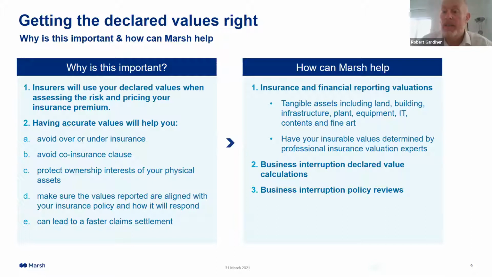And then it's about making sure the declared values are appropriately declared in terms of the program design and how the policy is written. And we've seen plenty of examples where the declared values don't actually reflect the policy terms. A good example is where we've seen BI declared values including a significant proportion of variable cost that didn't need to be declared, and ultimately the client was paying premium on that. Similarly, we've seen clients who have underdeclared BI values because there's been a change in contractual conditions that now required the client to actually insure that cost, and that hasn't been declared in the BI declared values. So it's about making sure that we can work with you to understand your program design and ultimately make sure the declared values are fit for purpose.